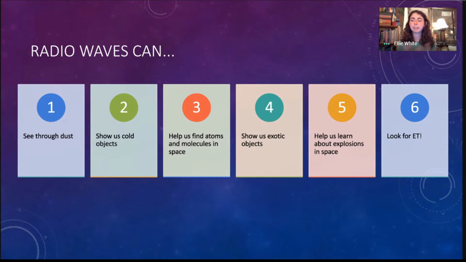That's pretty interesting. And finally, my favorite: radio waves let us look for ET. These days, SETI, the Search for Extraterrestrial Intelligence, is becoming multi-wavelength. Optical observatories are getting involved, as well as many other types of observatories. But radio astronomy is where SETI got started. In Green Bank in 1960 was the first SETI search ever done. That's why I think radio waves are really useful tools for astronomy in general, and why radio astronomy is such a cool field.